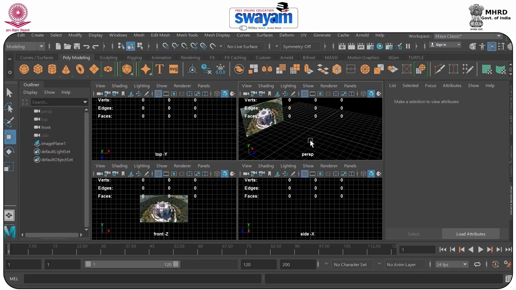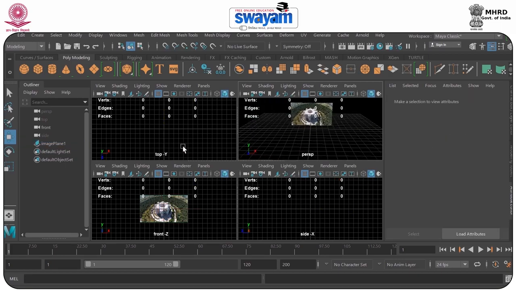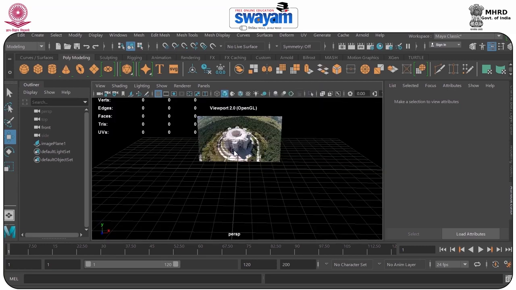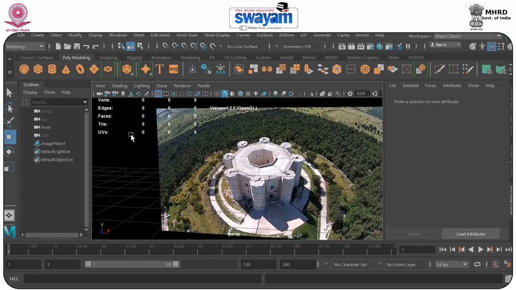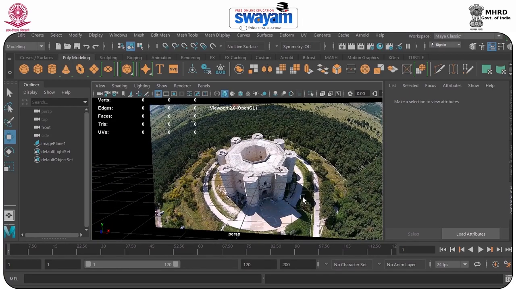Fine. Now let's explore this model in a little detail. Now here you can see this model could be made with the help of a cylinder with low segment, and the entire model could be an example of an octagon model. So let's start how we can create this model pre-visualization in the Maya application.